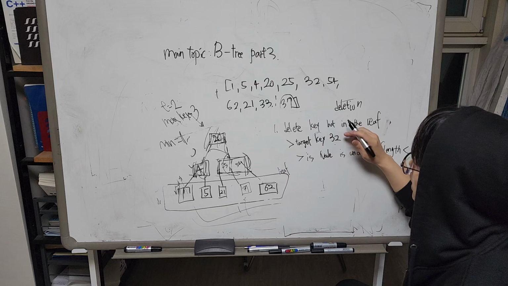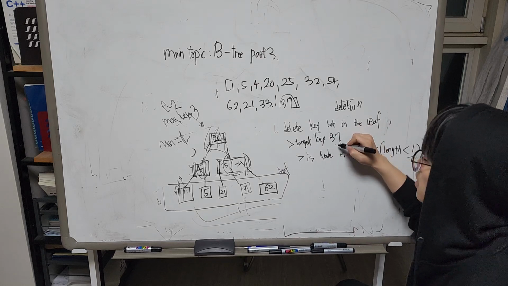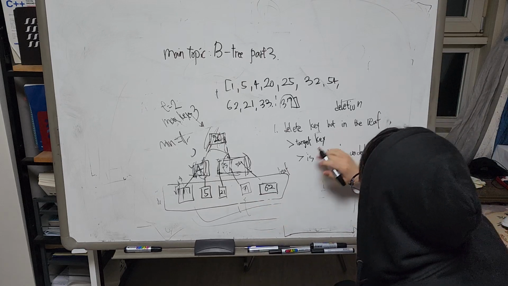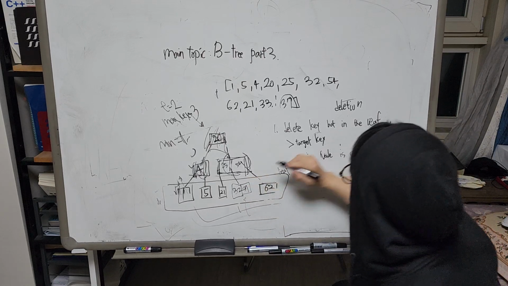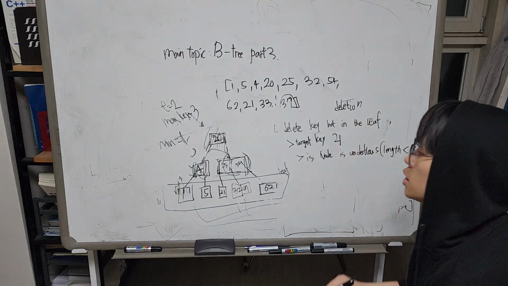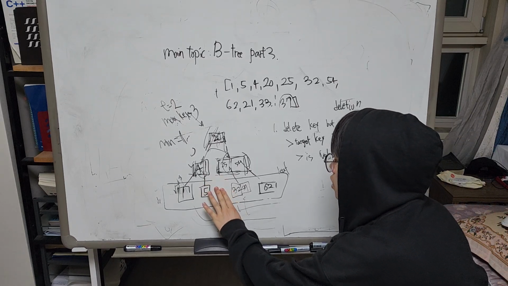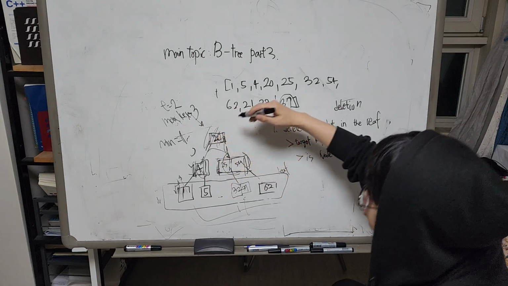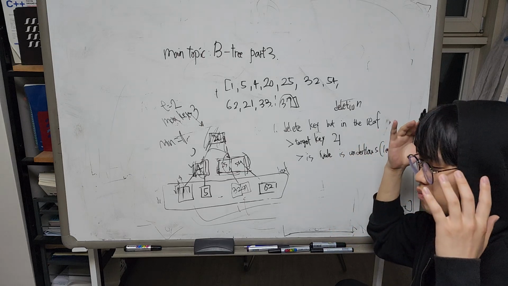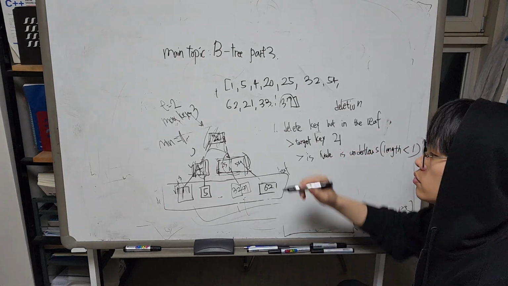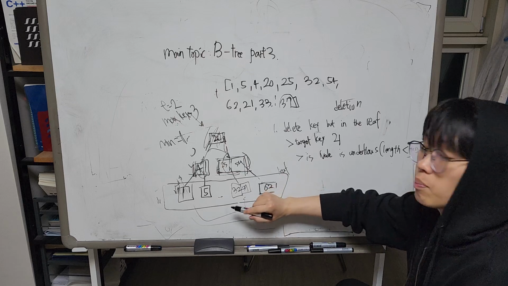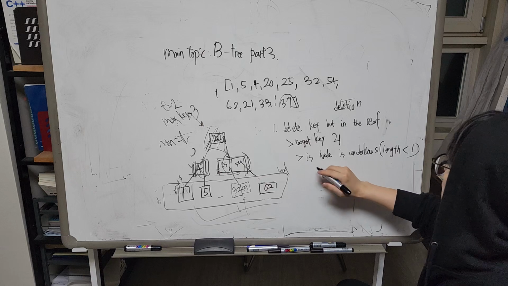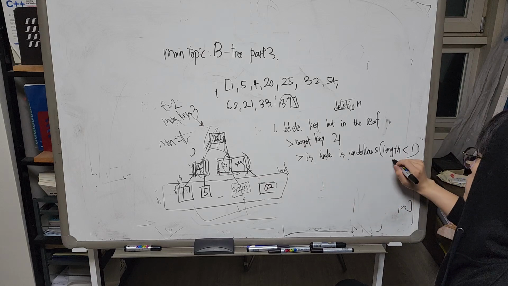But let's say we wanna delete the key 37. That is gonna be really hard. But this is already too hard. Let's say we wanna delete the 21. If we try to delete 21, it's gonna be unbalanced. But rather than using some kind of a really hard, difficult algorithm to balance all of it, we just have to borrow from the siblings. So if the node underflows,